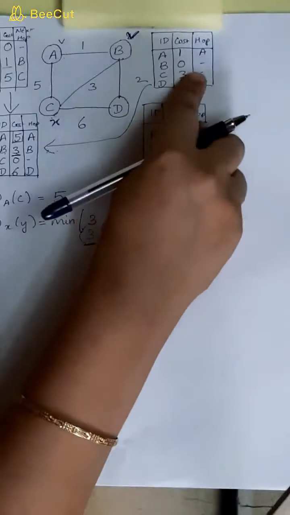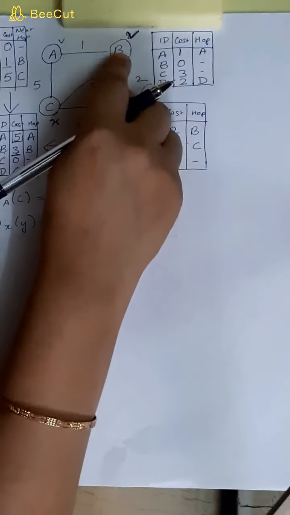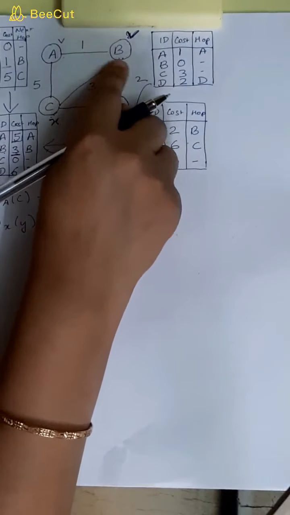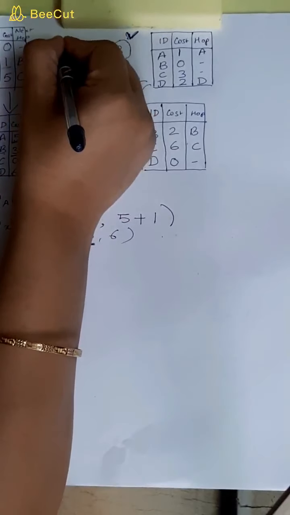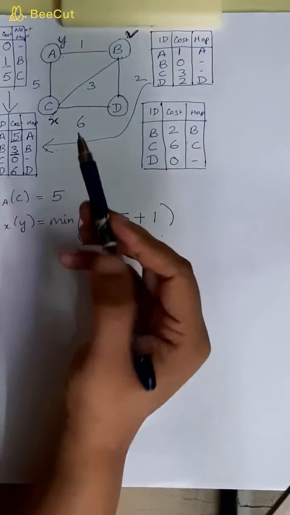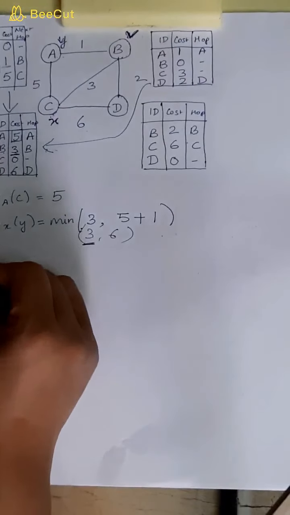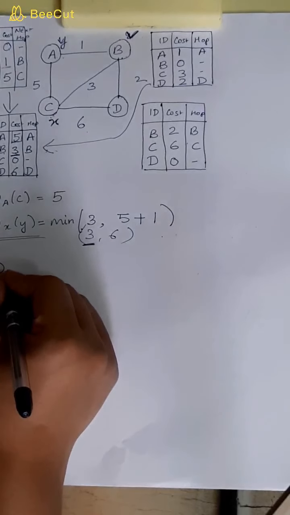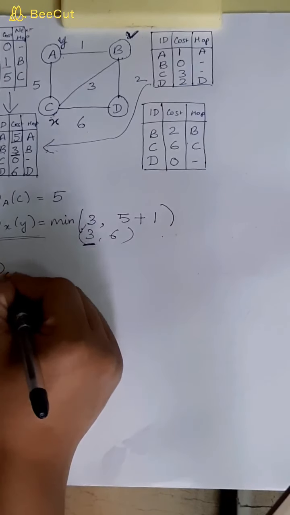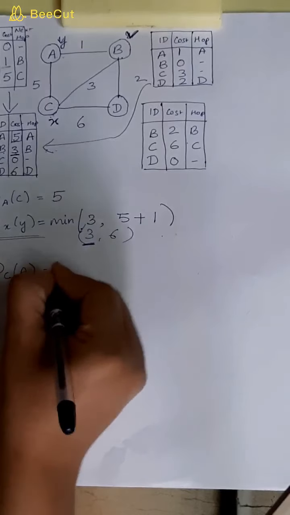So in this case, B is sending its table, so we'll consider B as V, and in this case we are estimating the cost for A, so the node for which you are estimating, we'll take it as Y. Now see what we'll do, we'll take again the same thing, D of C A. What will happen?